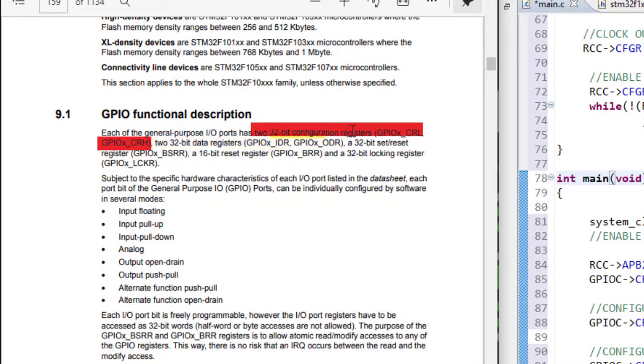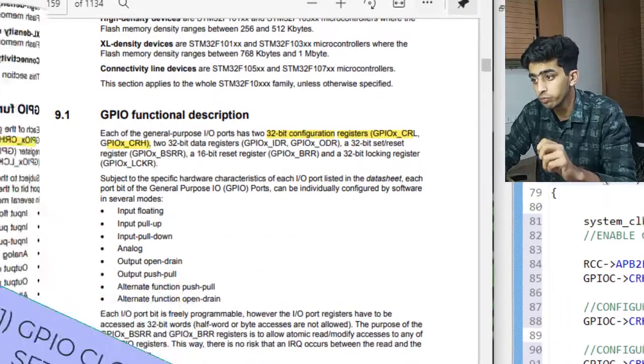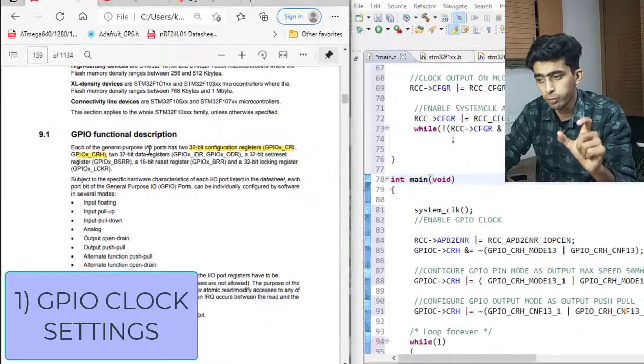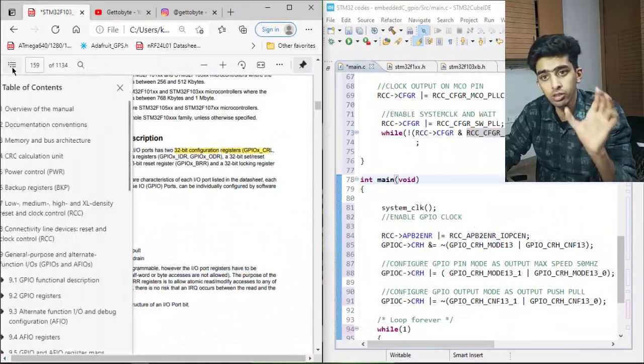In the configuration registers we will configure our GPIO pins as output or input, and in the data registers, for output, we set whether they have to be high or low, or in the input data register, that is IDR, we check the input state. When we are using the GPIO peripheral, first we need to enable its clock.